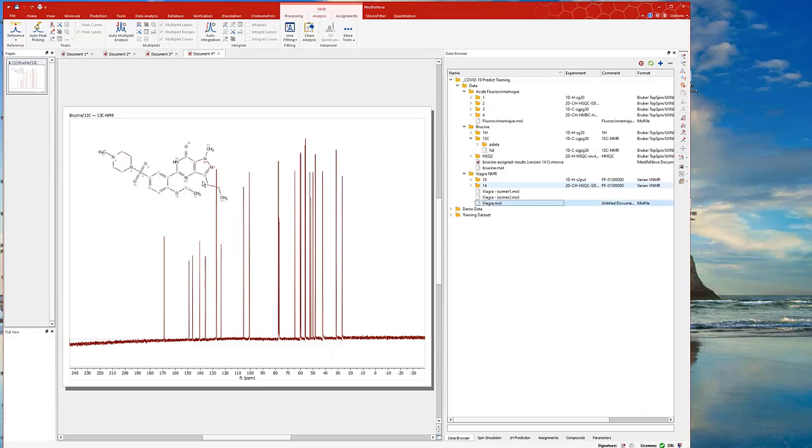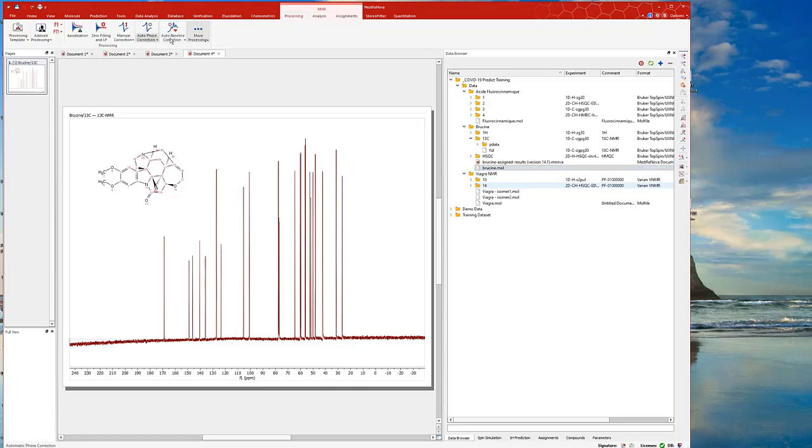Oh no, that's the wrong molecule. I should bring the brucine, which is here. Right, and if we do a predict and compare, just a quick baseline correction optionally. Right, so go to prediction here. If we do a predict and compare of the carbon,